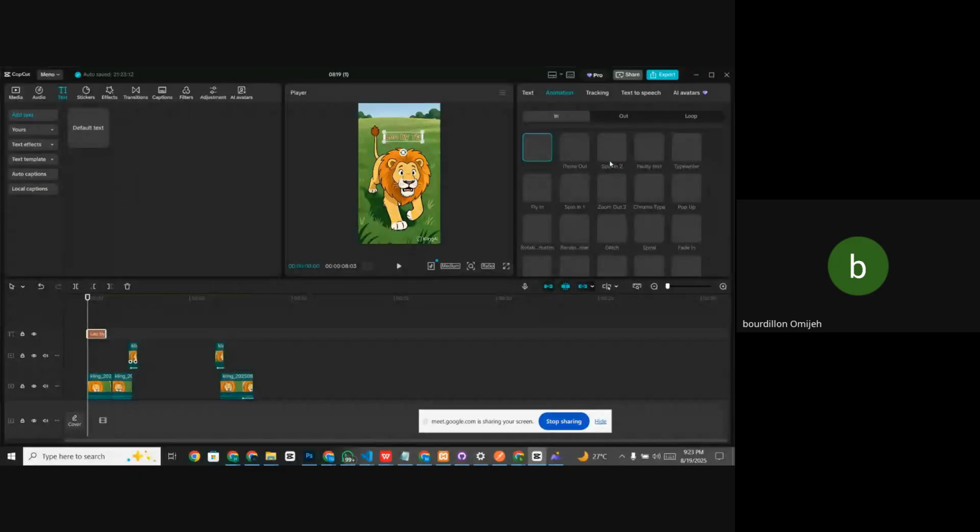So just the way we did fade in and fade out, we can do that. Can do typing. My God, almost everything is premium now. The ones with the diamond icon are the ones on premium, so you cannot use those effects or features except you pay. So I'm just going to use any of the free ones. I'm going to use the typewriter. This is going to type the name out, the typing effect. So when I play this,